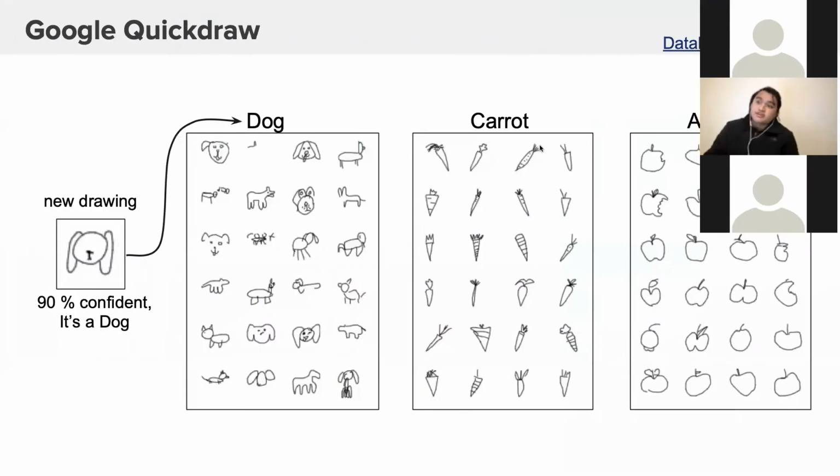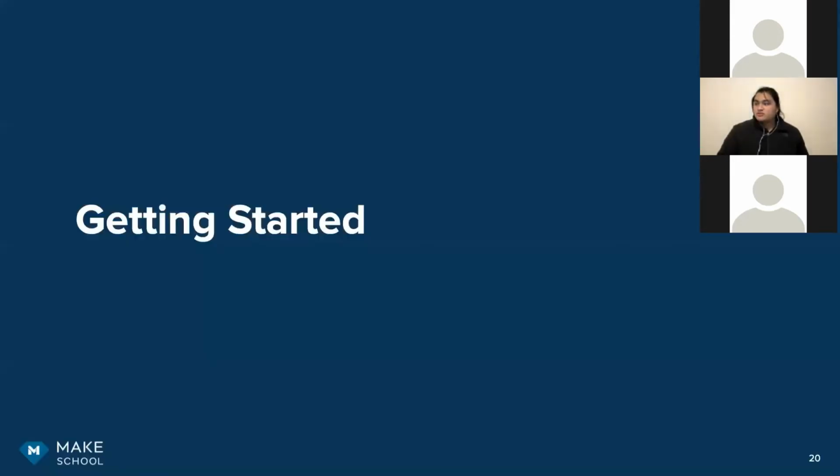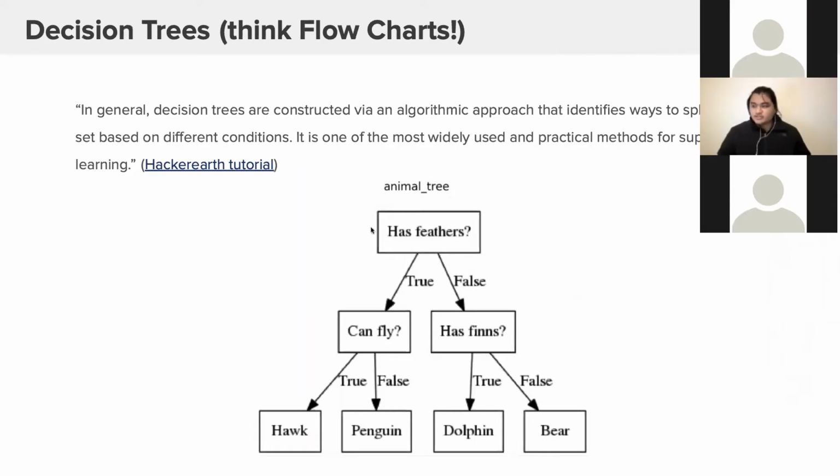So now that you have the actual workshop Replit, just moving on to the actual workshop presentation. To explain this in a flowchart, just how a model will generically train itself. Let's just say we have a hawk, a penguin, a dolphin, and a bear. A generic model that has those four results would be like, okay, does this result